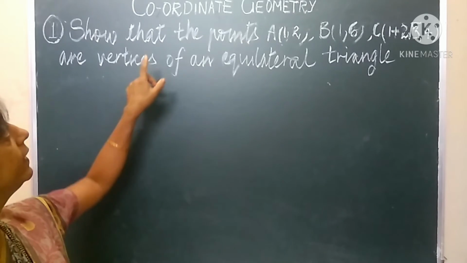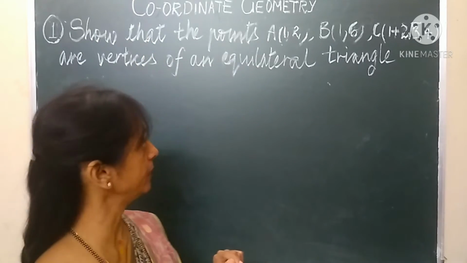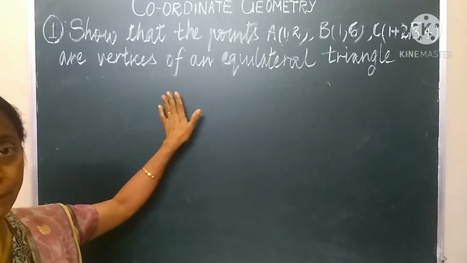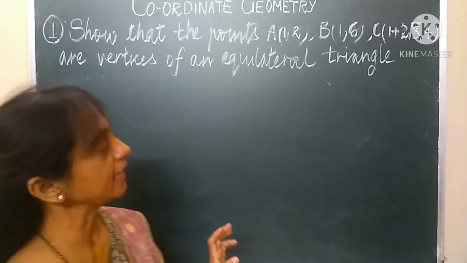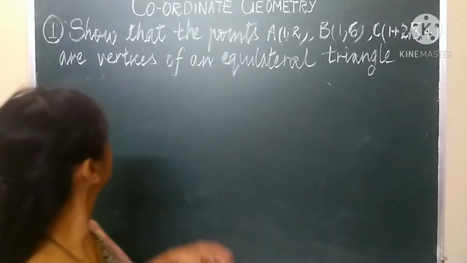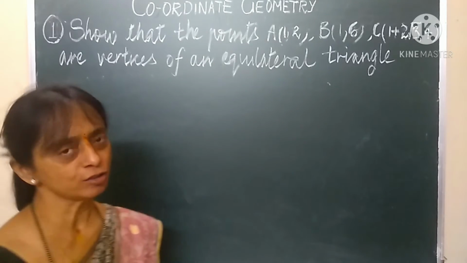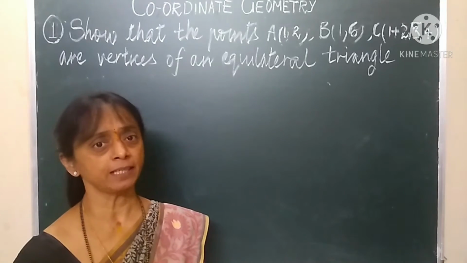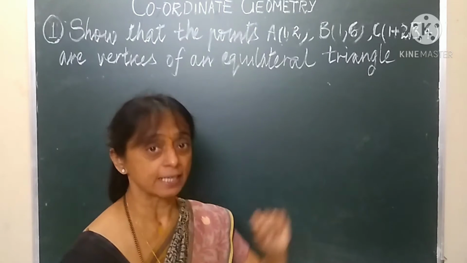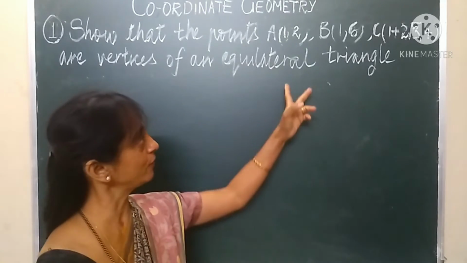Students, to move on with the application part of coordinate geometry, let's look into the problem penned on the board. Show that the points A, B and C are the vertices of an equilateral triangle. Now, how do we determine and say that the given points can be called the vertices of an equilateral